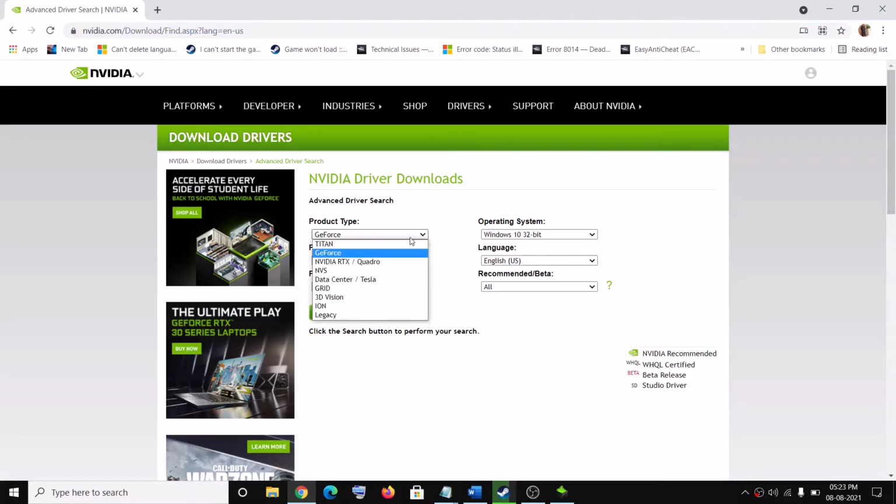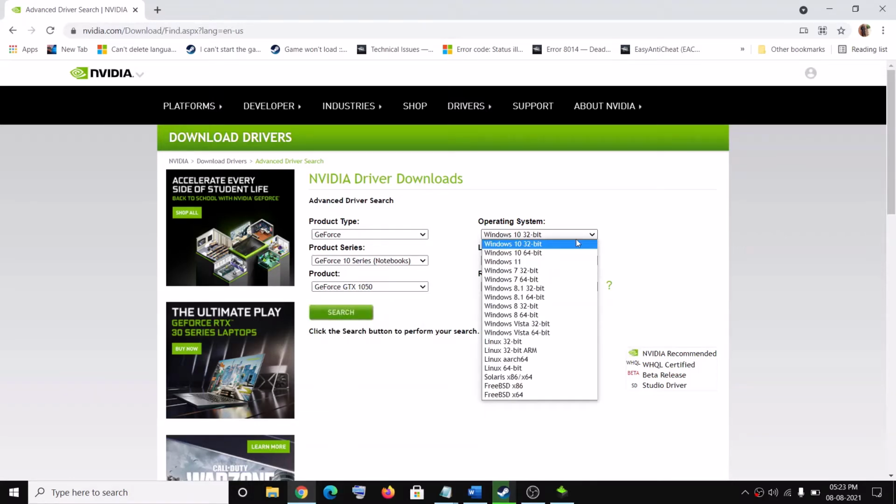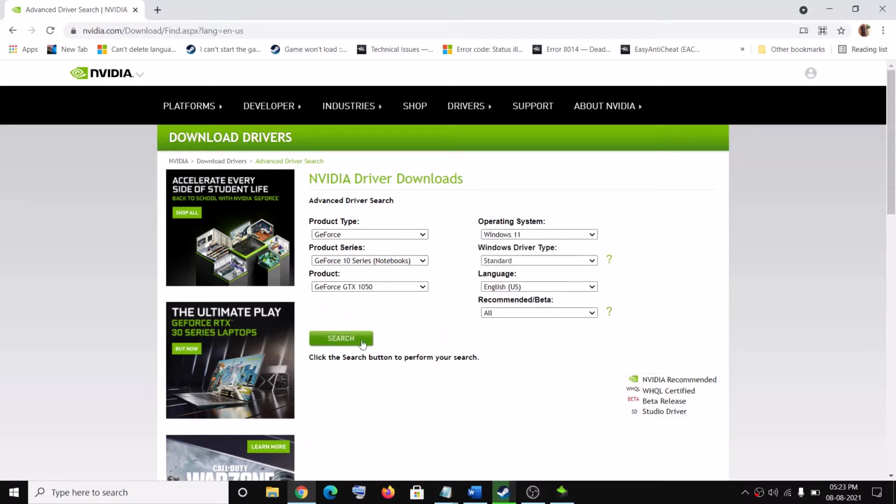Go ahead and select your product type. So in my case it's GeForce. So select your product type, then go ahead and select your series, and then select your graphic card from the list. And for the operating system, click on this drop down option and then select Windows 11, and then click on